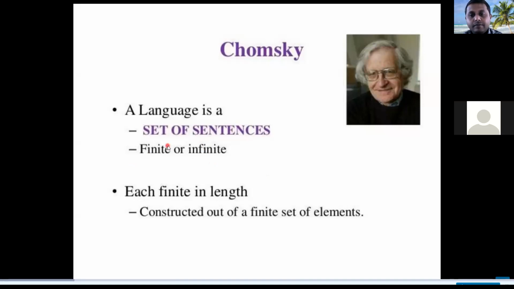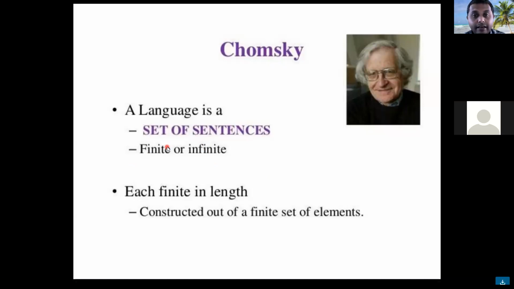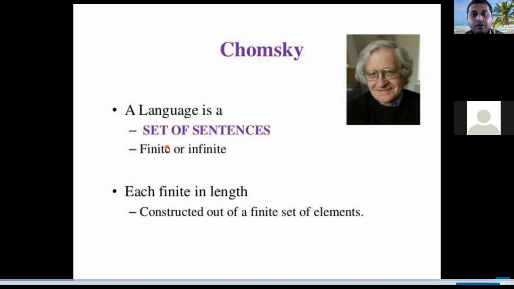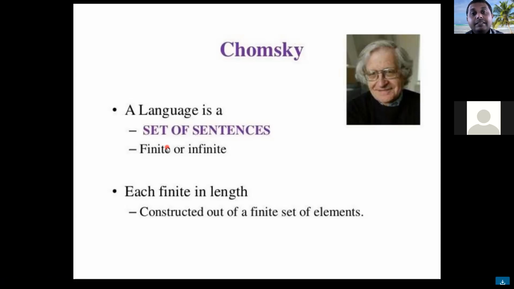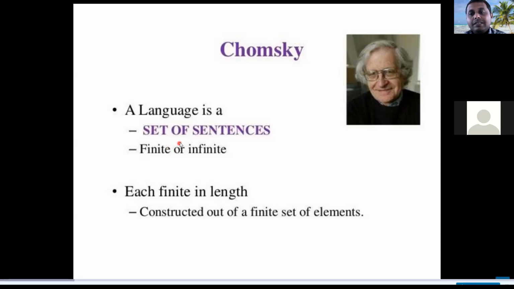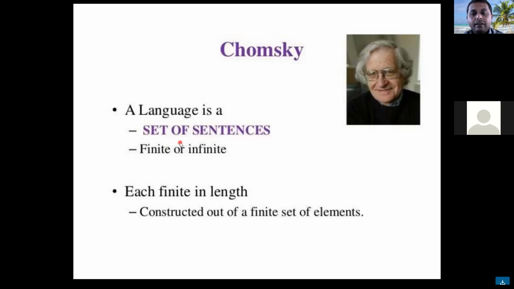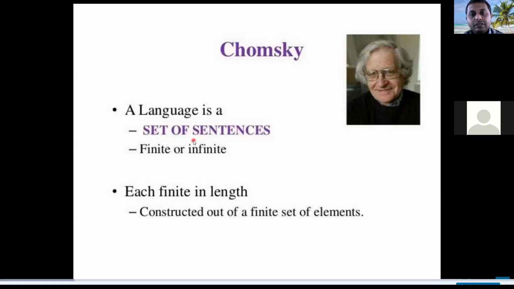Set of sentences. As you know, language is made up of sounds. These sounds are connected, so we create words, and by following some rules and regulations, we create sentences by joining the words all together. The sentence is a meaningful arrangement of words. And according to Chomsky, language is nothing but a set of sentences. The sentences contain words and utterances, and according to Chomsky, the sentences are finite or infinite,